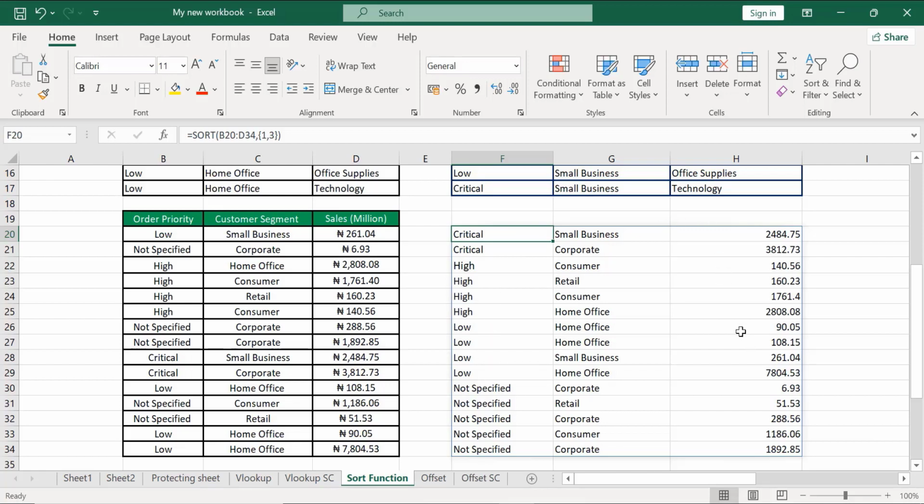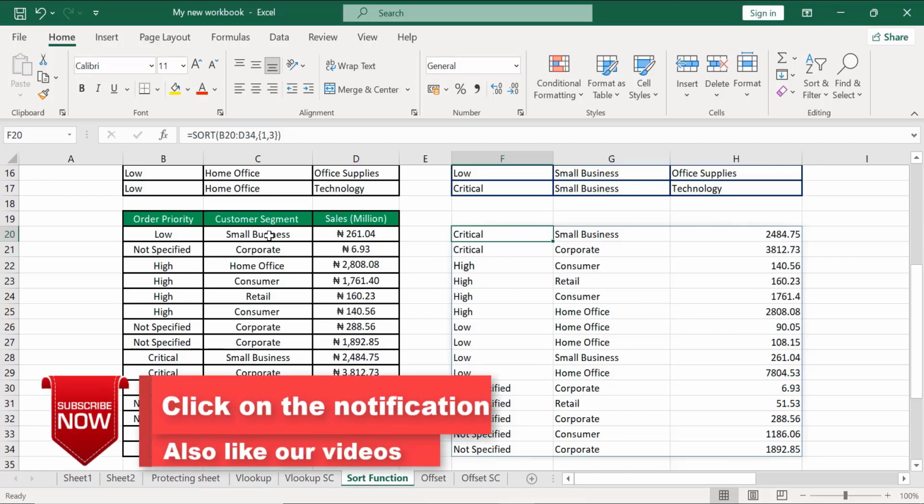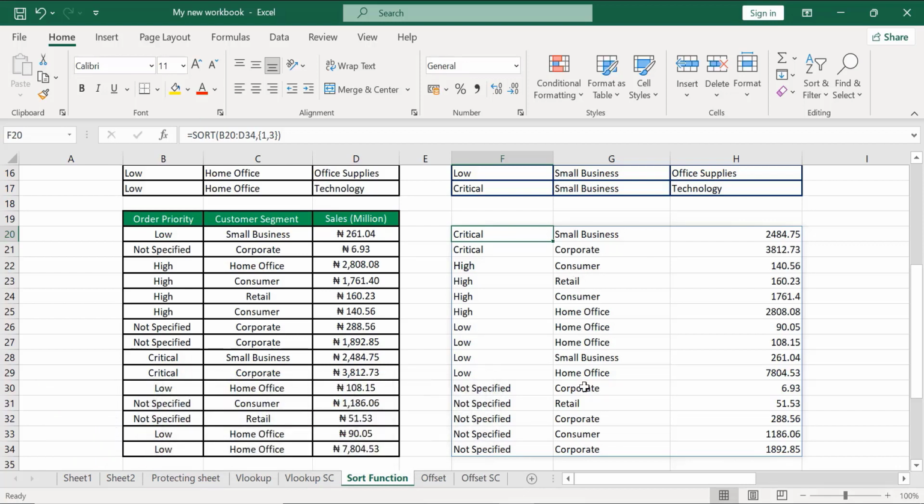If you look at the customer segments now, it doesn't touch anything under the customer segment, because we didn't ask the formula to sort the second column. We actually applied the formula to sort the first column and the third column. Okay, if you look at the second column now, that's the customer segment. Small business is still remaining there, followed by corporate, followed by